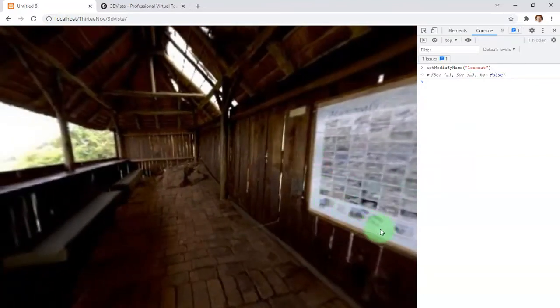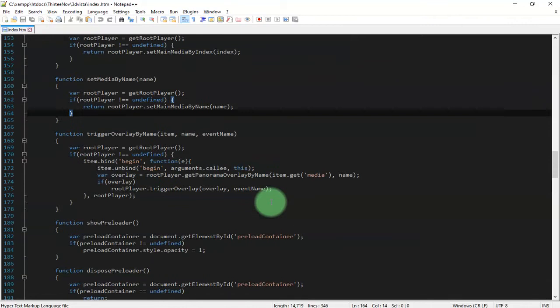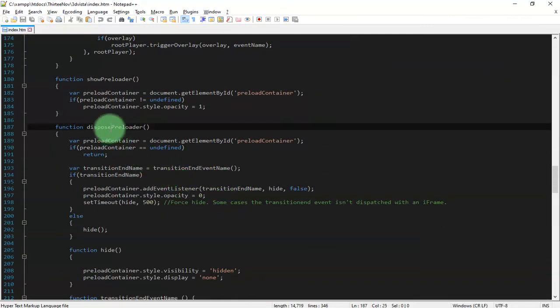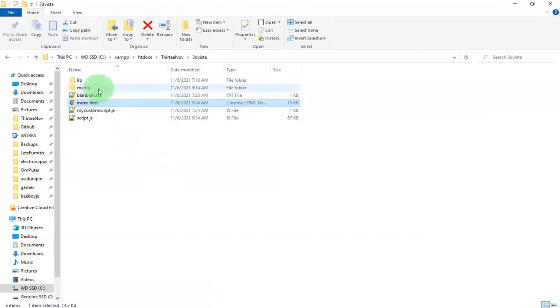What about the other things? Well, I don't know yet, but we can try to figure it out by checking the JavaScript code that we already have inside these 3D Vista files.